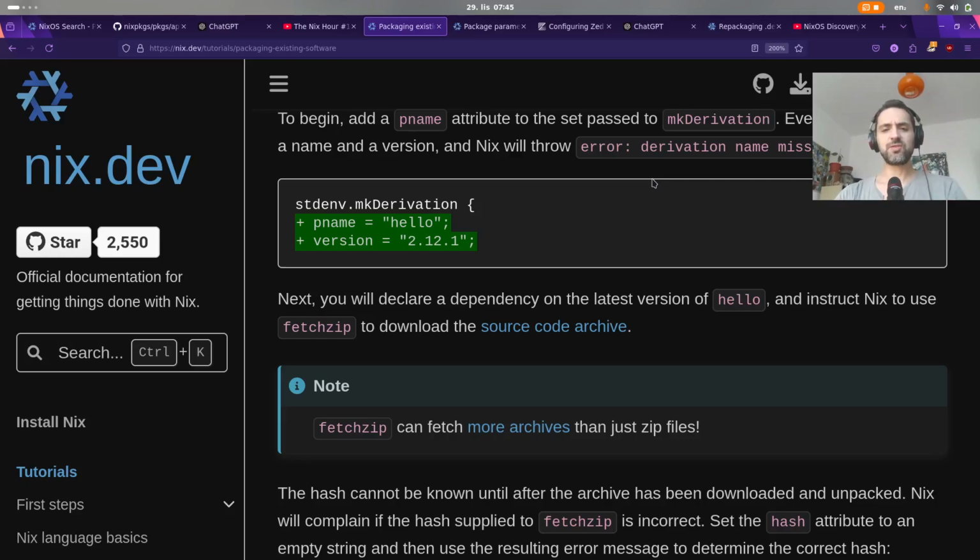But now I decided to use this tutorial as a reference point, and at the same time to package the Irium webcam. So I'm going to learn how to package my program following along the NixDev tutorial. And along that, we might find some new things that were maybe not said. I did find a couple of things that I may even suggest to the NixDev documentation team. This is how I basically did my first contribution,